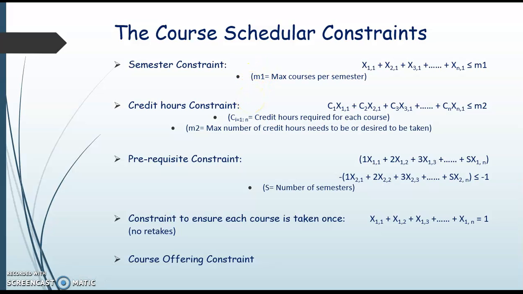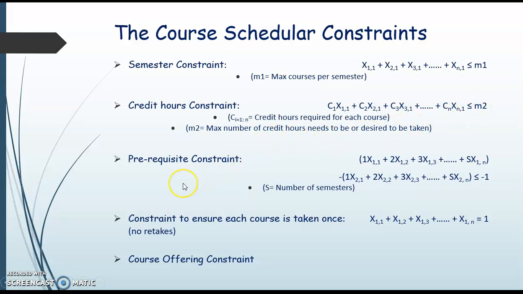For example, if each course needs 3 credit hours, at UIC, the minimum number of courses that need to be taken per semester would be 3. The next constraint is the credit hours. The credit hour constraint has been implemented in a similar way, such that the sum of credits for all the courses does not exceed 20 for the whole semester. The maximum here, M2, can be set as desired as well.